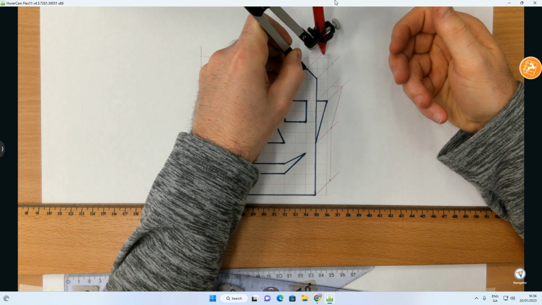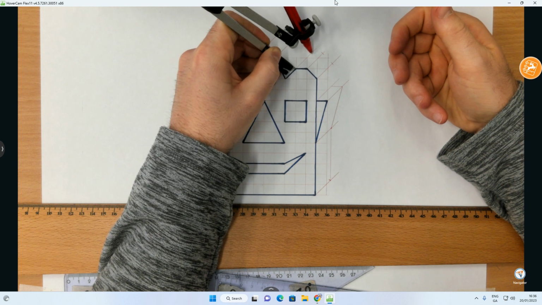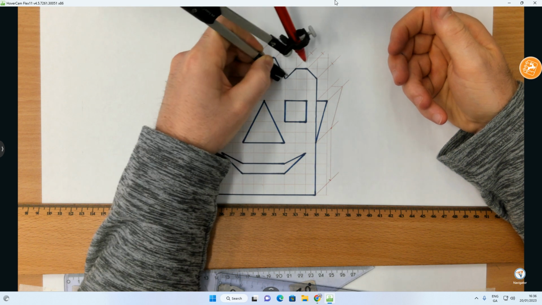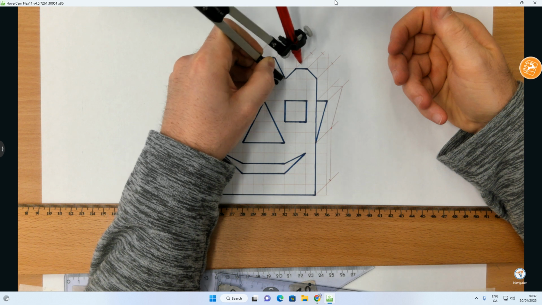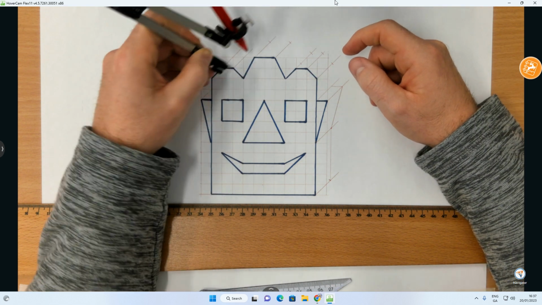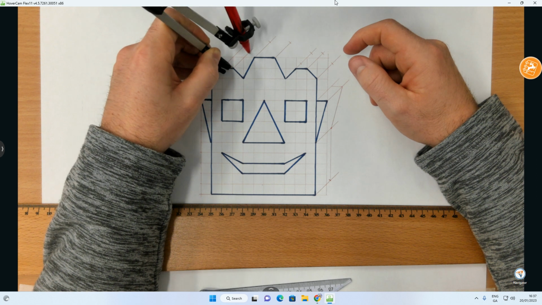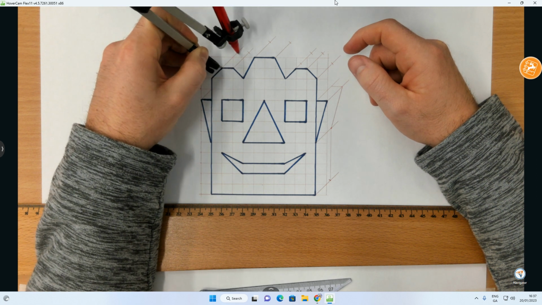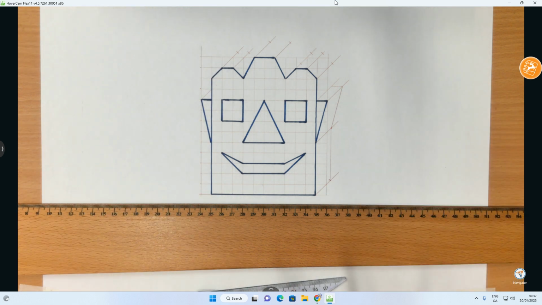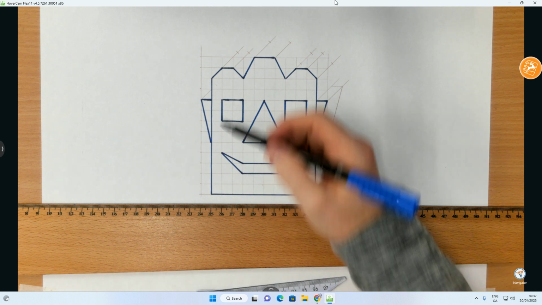mark it on this one, mark it here, mark it up here. I'll also mark it down here along this line because that one would connect to that one. Here, here, here, and obviously there, but we're not going to see that one. Okay, so that's kind of how you would do it, obviously using the compass,